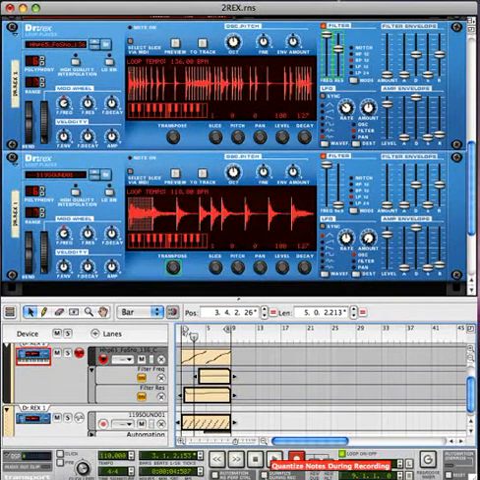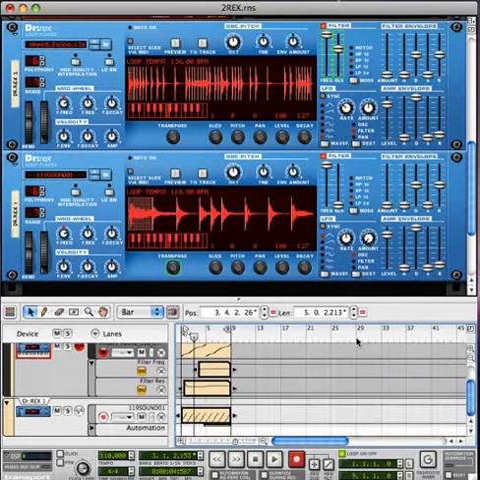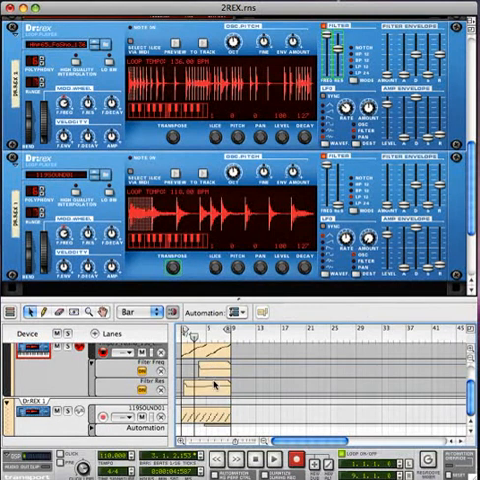So you can see you can build up Reason songs pretty quickly. Now if I wanted to copy and make an arrangement of this, I could do that pretty simply too. I can highlight any of the parts that I want to, any of the clips that I want to work with. I'm going to highlight this clip and the two automation clips that go along with it, and I'm going to hold the Option key on my Mac